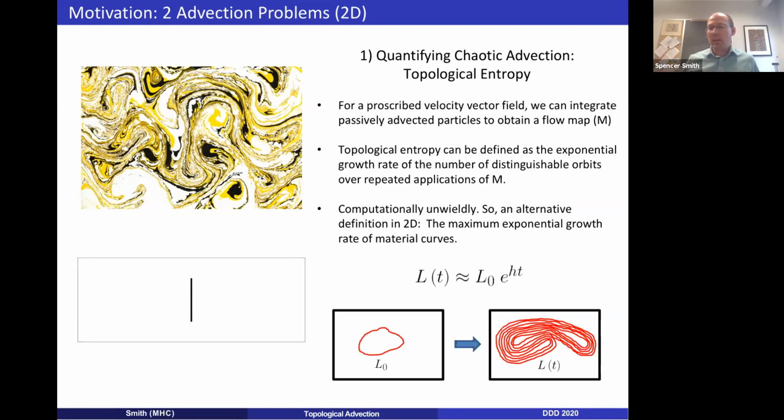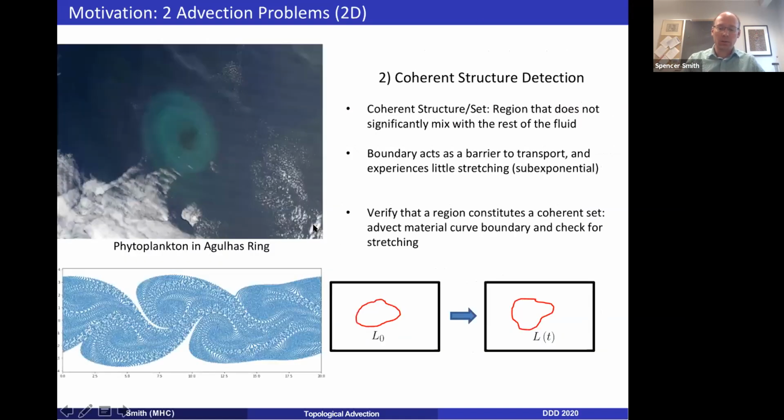Now, this measure essentially gets at the amount of stretching and folding that occurs within material lines, but in sort of a more dynamical systems perspective, if you're able to describe a flow map of the field, and then look at the exponential growth rate of distinguishable orbits, periodic orbits of this map, then that exponential growth rate is the topological entropy. But that's a pretty hard measure to actually be able to calculate. So what we are going to think about,